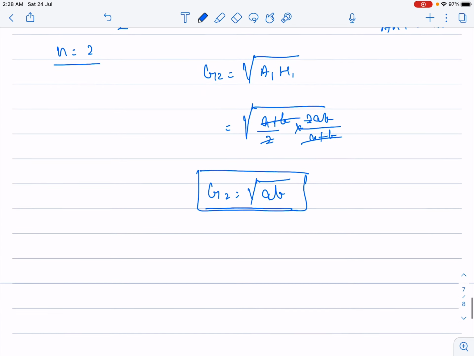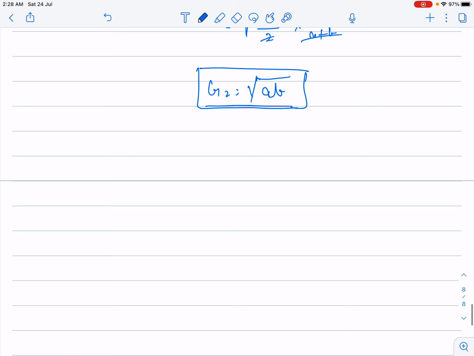Now you guys might be wondering, sir, what was the relationship between a and b? Let us assume, my dear students, a was less than b. So we do know arithmetic mean is greater than or equal to geometric mean is greater than or equal to harmonic mean. Let us assume this was number a and this was number b. So their arithmetic mean on the number line would be lying over here. Their geometric mean on the number line would be lying over here, and their harmonic mean on the number line would be lying over here.